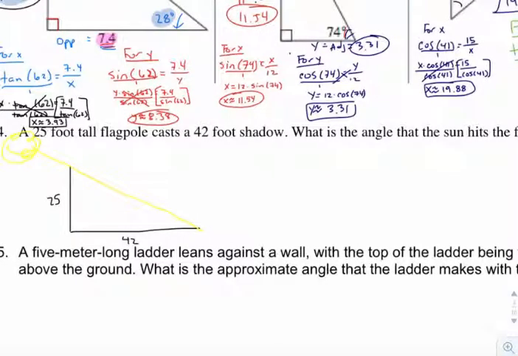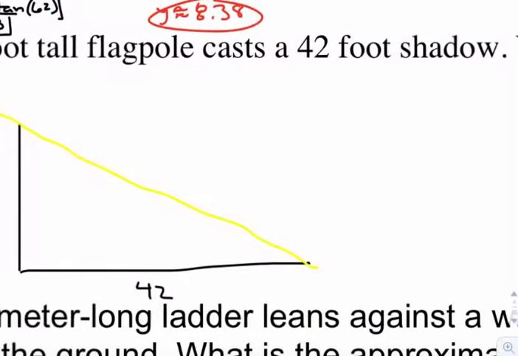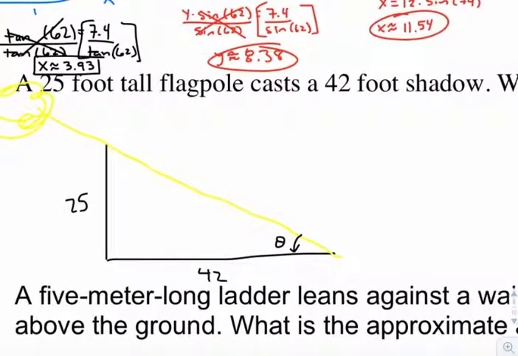So this is kind of a deceptive question because it's kind of difficult to discern maybe what angle you're looking at. So the way I interpret this question is that if I'm standing on the ground and I look up at the sun, that's the angle at which I'm looking. And so that tells me it's angle of elevation, which is this guy right here, which I'll call theta. Recall if we're solving for theta, that means we're using the inverse function for sine, cosine, or tangent. And if I'm looking at theta, I have 25 and 42, which is opposite and adjacent. So I'm using the inverse tangent function for this one. So the inverse tangent of my tangent function, which is 25 over 42,